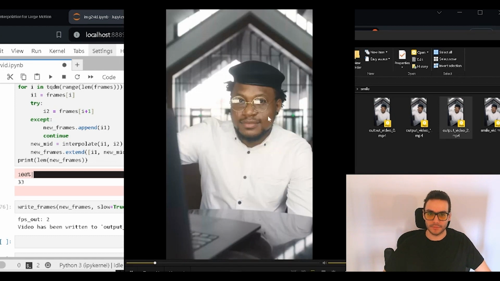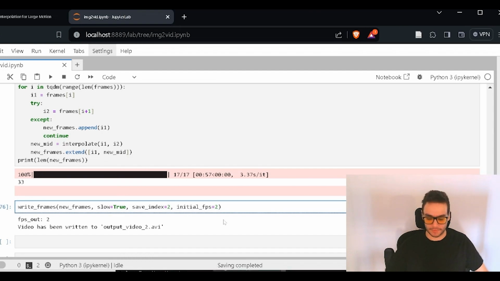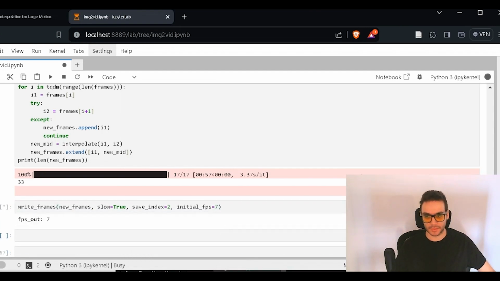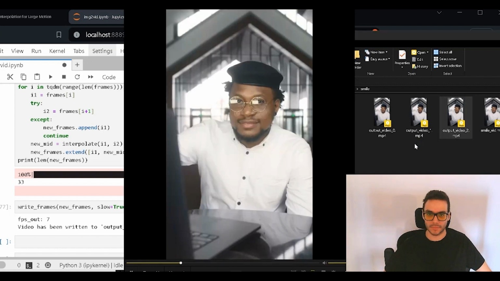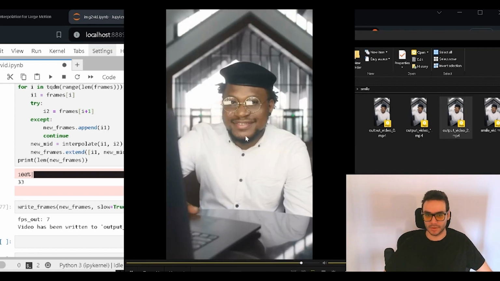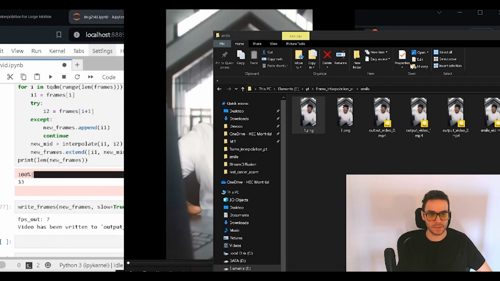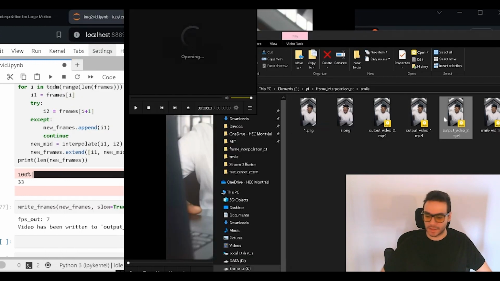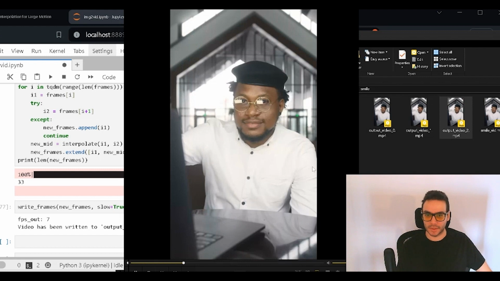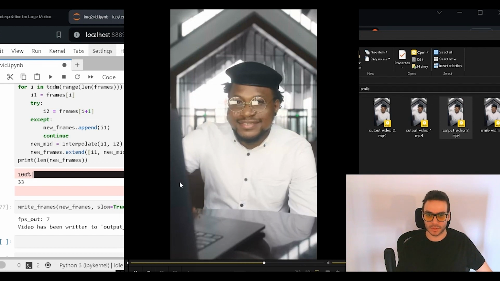Okay, so it's kind of GIF-like, and it is really long, 16 seconds. Let's make it a bit faster. So let's say 7 frames per second and have a second look. Okay, now it's much smoother. And you can see from 2 frames, we even get the finger motion, which is interesting because in the first PNG image, his hand was behind the laptop and then it is here. So the motion was really smooth. Let's have a second look. It's amazing how AI can guess and estimate everything that we probably can see here. Look, the arm's motion seems relatively